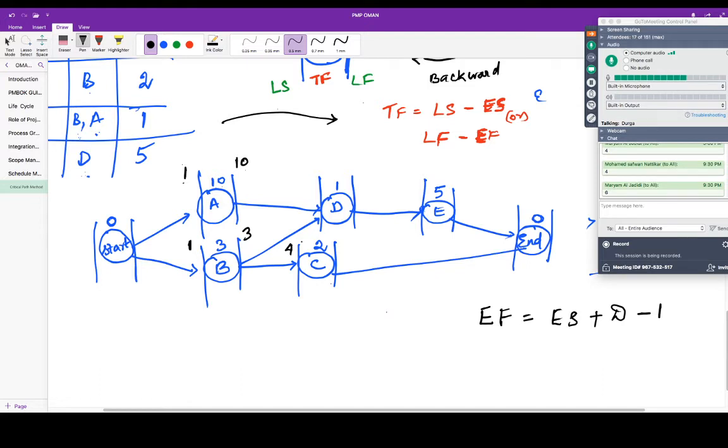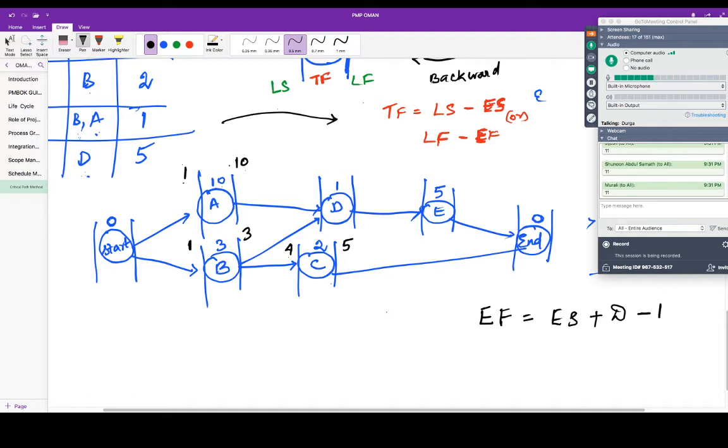So when would you finish? 5th or 6th? 5th, correct. 4 plus 2, 6. 6 minus 1, 5. Now look at D. When are you going to complete? D has two predecessors. Two arrows are hitting. Be very careful here. Wherever you see a convergence, please be careful, otherwise you will end up calculating again because of a careless mistake. So when would you start D? On the 11th, correct, because it has two predecessors. One is getting over on the 3rd, another one is getting over on the 10th.